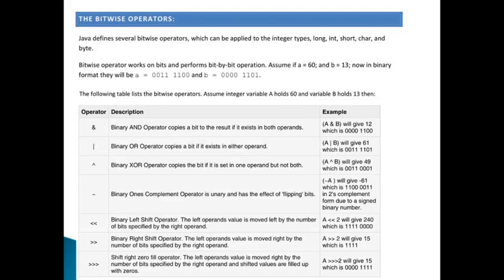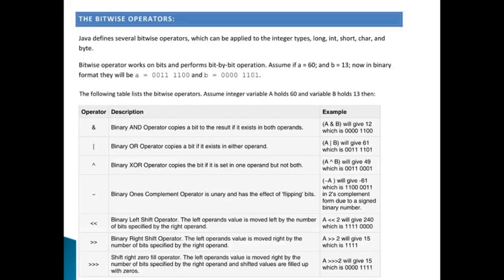So whenever we perform a bitwise left shift operator, it gets multiplied by 2, and in the case of right shift, it gets divided by 2. So these are the things that one should take proper care of.